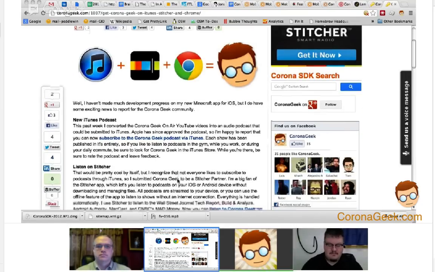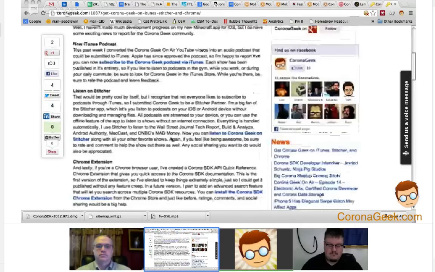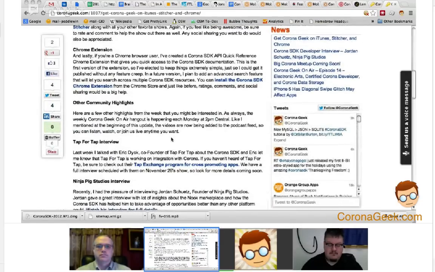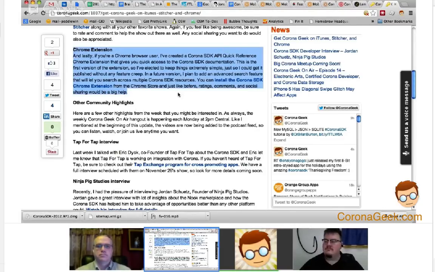Then the other bit of news here is that over the weekend we created a Corona extension. There is a blog post out there, which is what Chris is showing us right now, where you can get the links, and we'll also put this in the show notes. Basically, we created a Corona extension that is a quick reference guide for the Corona SDK.